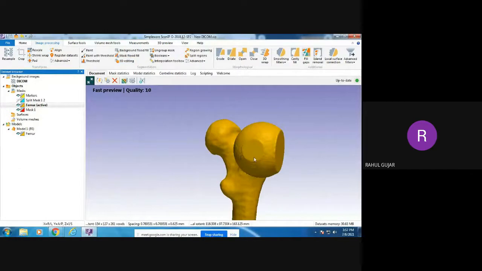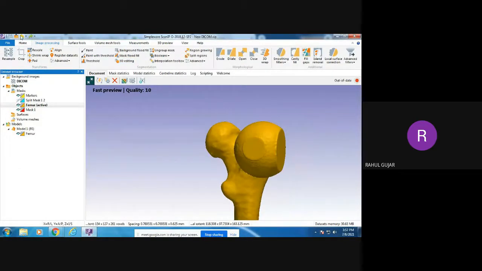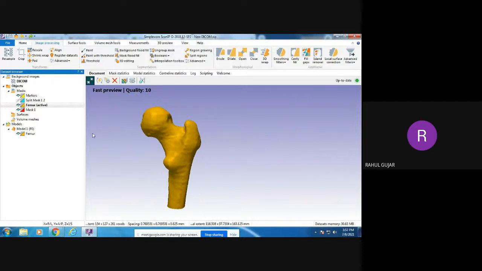Now I have not selected appropriately and therefore it will be showing like this. I'll just go back. So that going back option is also available here.